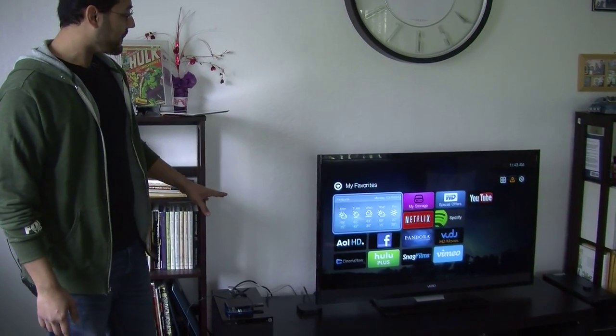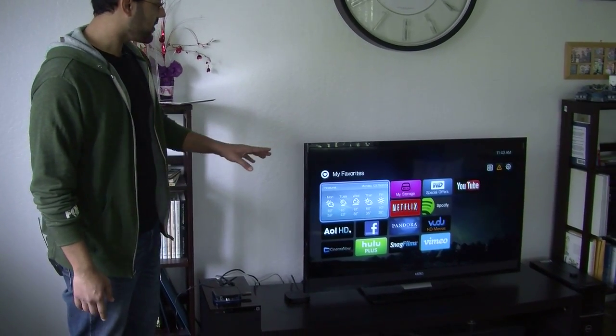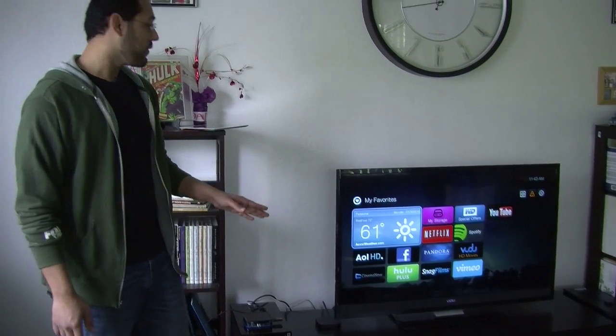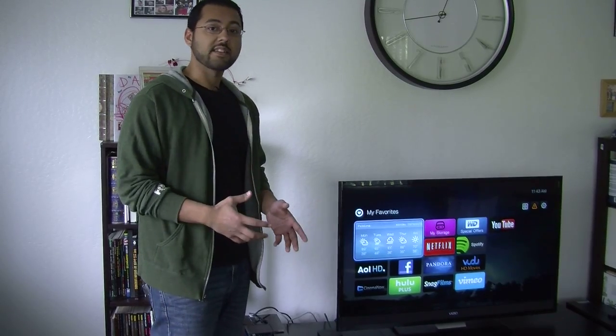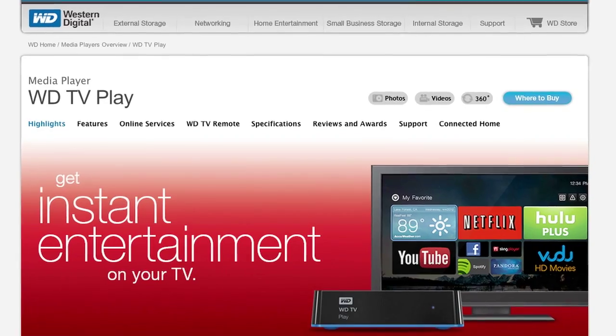This is our favorites page. It shows you a bunch of default things. We've got weather, we've got our storage, you've got some special offers. YouTube, an app you won't find on Roku, is available. Also Spotify, Netflix, Hulu+. These kinds of things are available on the WD-TV Play, which is a bit of a